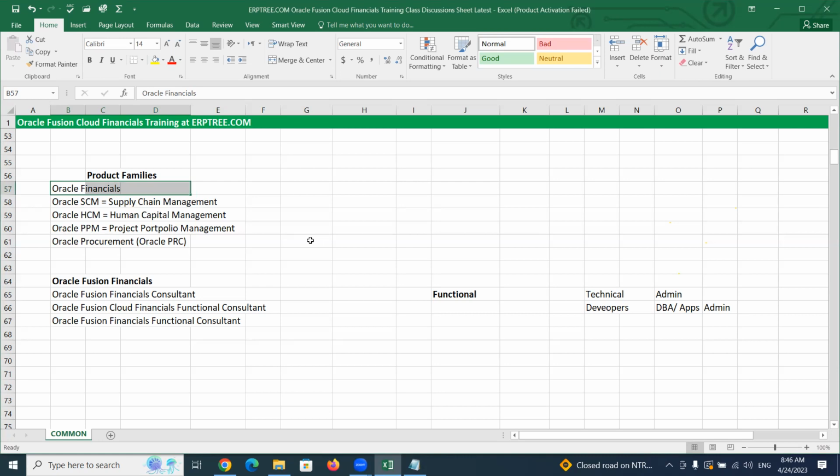See, take any company, for example a service industry. They need financials. Take a product-based company or a manufacturing company, they need finance. Take any industry, they need finance.